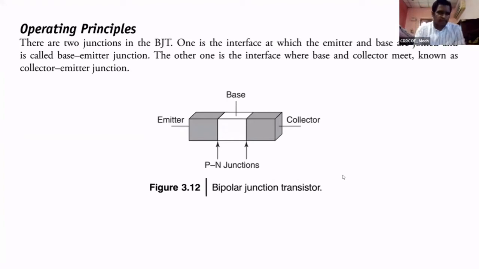In the previous class, I explained about the PN junction diode, and I gave a small introduction on the transistor, the BJT, bipolar junction transistor. This is a very important device used in the electronics industry, that is the transistor. A transistor is like back-to-back diodes, a sandwich of two diodes, two PN junctions. This is a three-terminal device.